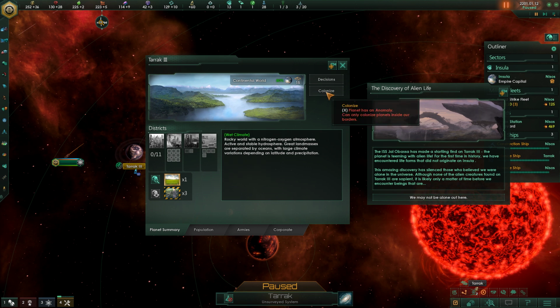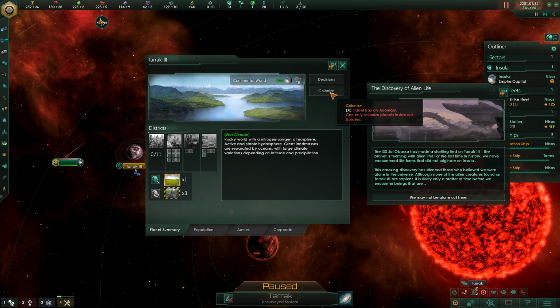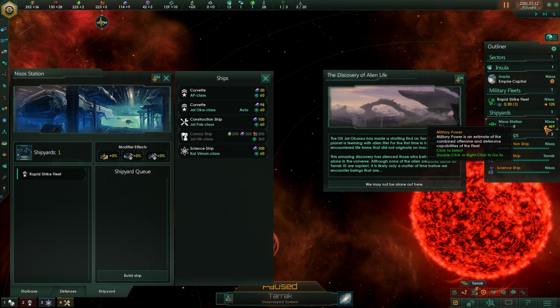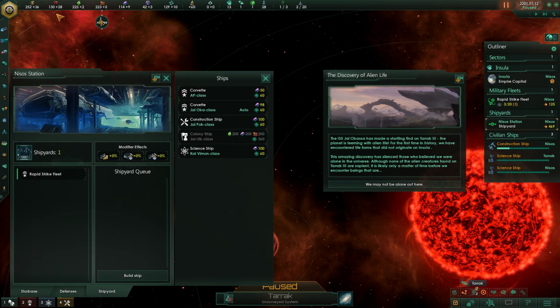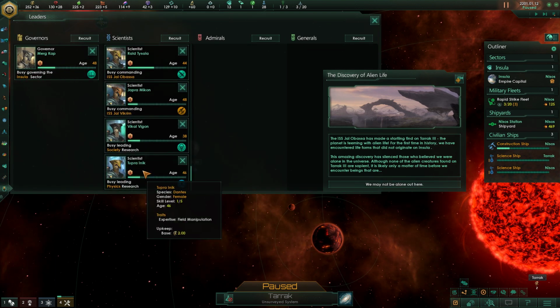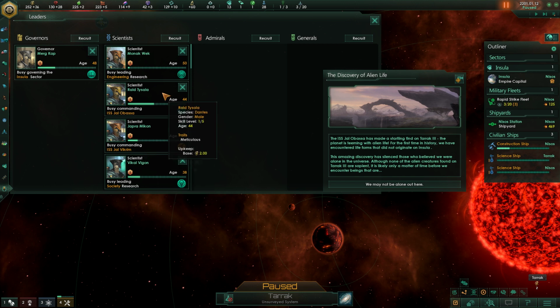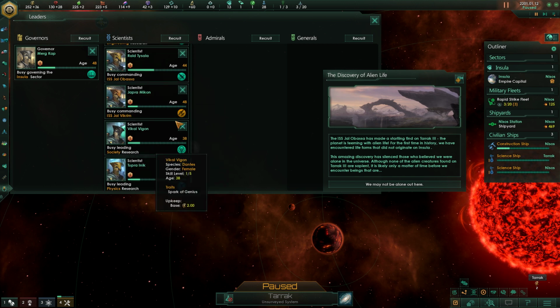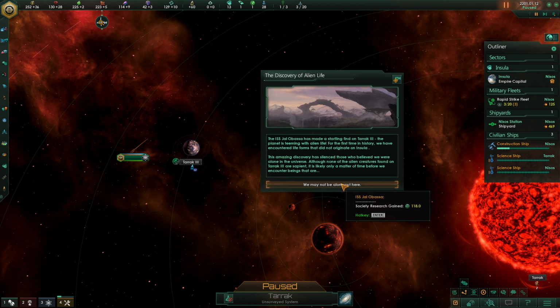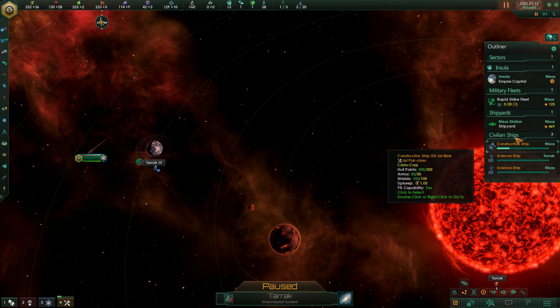Awesome. Planet has an anomaly. Oh, right. You can't colonize planets that have anomalies. Interesting. Immediately get me... Wait. We should check. Has our leader upkeep gone up? No. Okay, so leader upkeep is not increasing with the number of leaders you have. That's interesting. We may not be alone out there. No, I think I knew that. Let's get